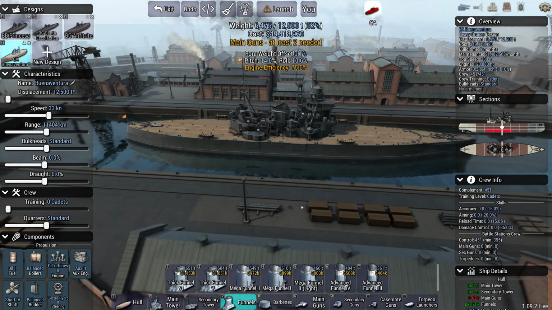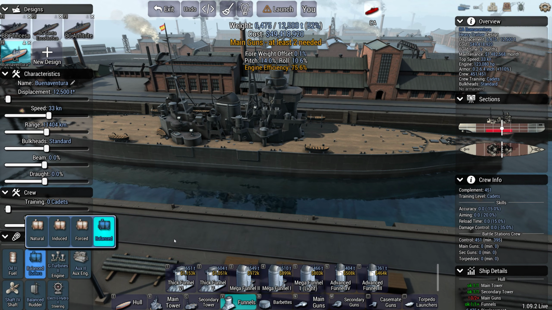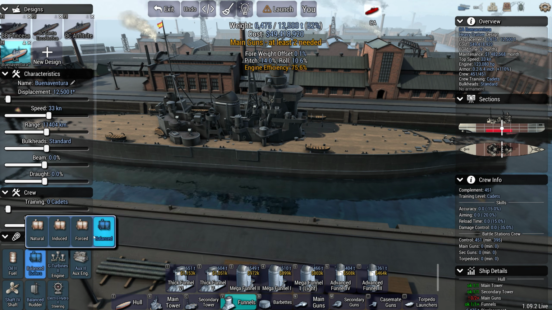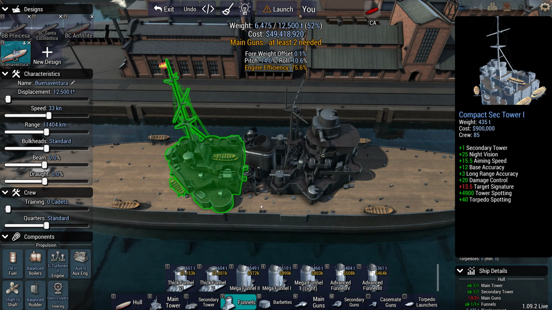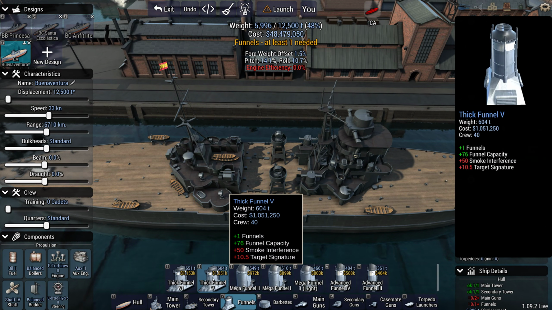So I'm going to use this as an opportunity to explain why you might want to use something other than balanced. I prefer balanced. They're just generally a good option. But if you're lacking engine efficiency, forced I thought would fix it. But it doesn't. We're going to need a second funnel. Right, in that case, it might be worth looking at if...